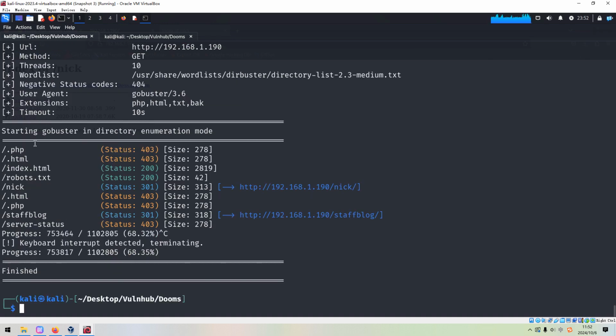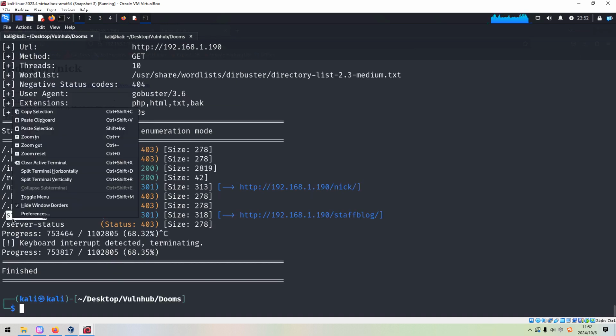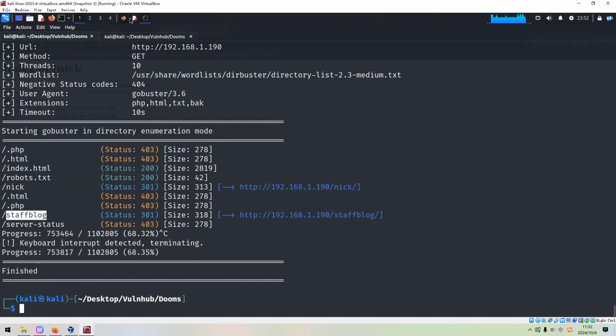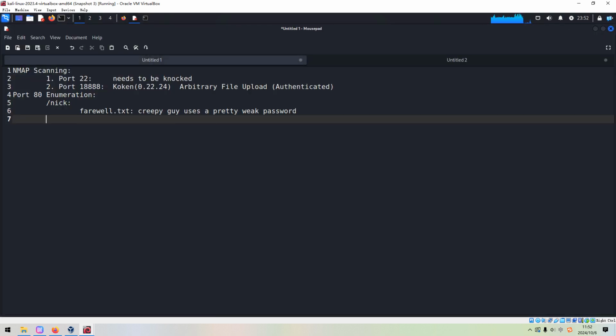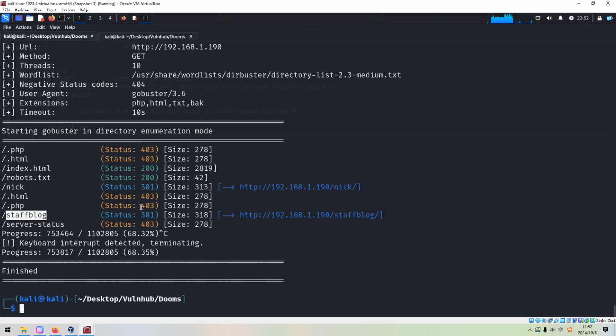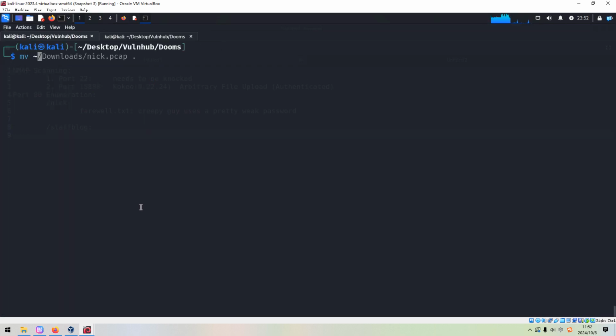Oh, also we found this directory, staff block, and we can also note it down to our notebook as well. And now we need to move the nick pickup file to the working directory, and then we can use Wireshark to analyze.